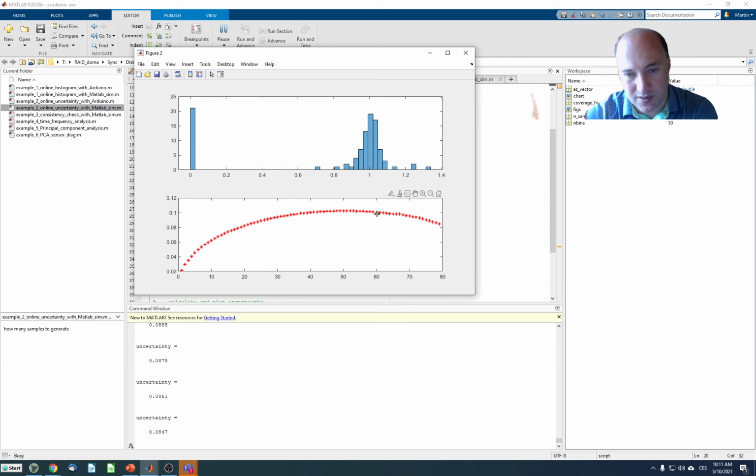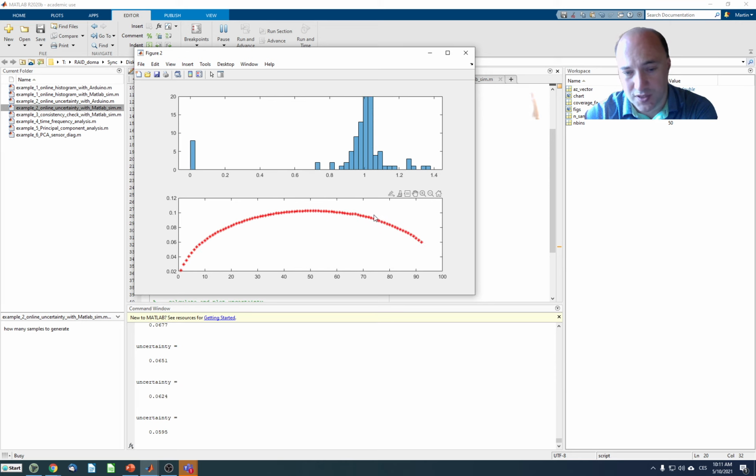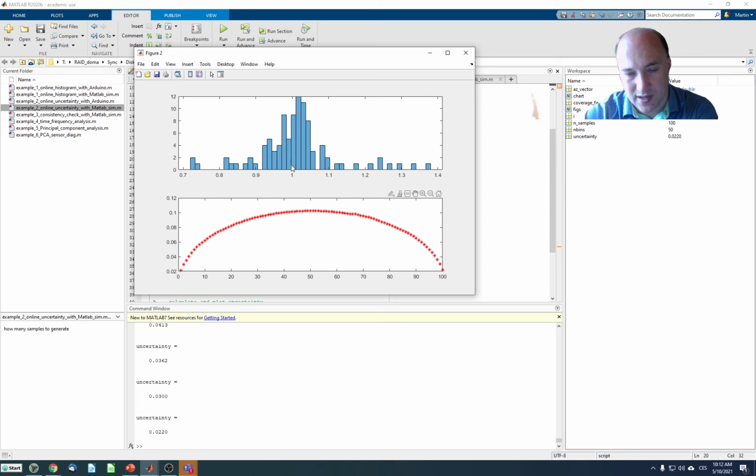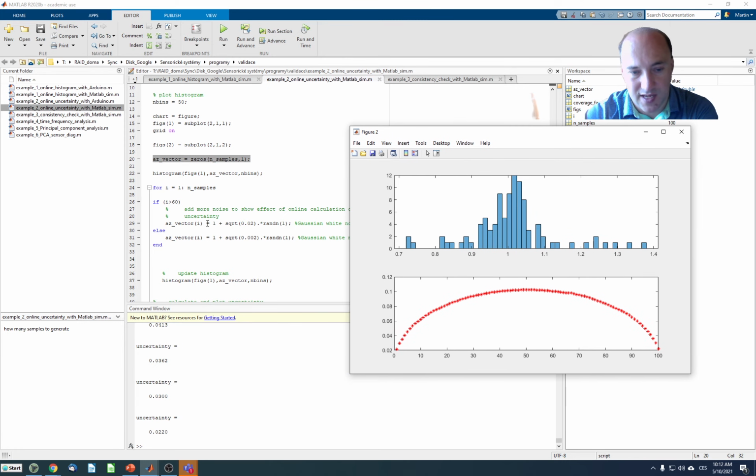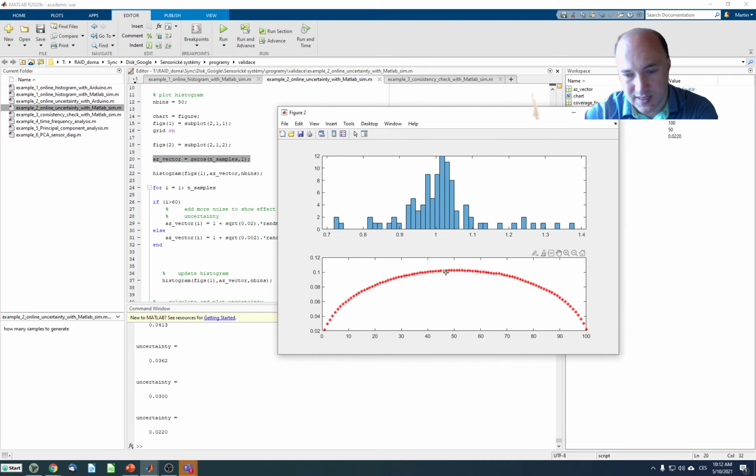So at 60, what happened is that I have changed my signal. I have changed the type of noise. So before 60 here, we see that we had some uncertainty, and we were around here with the Gaussian distribution. But above 60, I have added a noise that is 10 times larger. And we can see now what has happened with the uncertainty. The uncertainty started to change, and we can see that now we have different value. So by setting, for example, a threshold, what should be my uncertainty, you can detect that there might be something wrong with